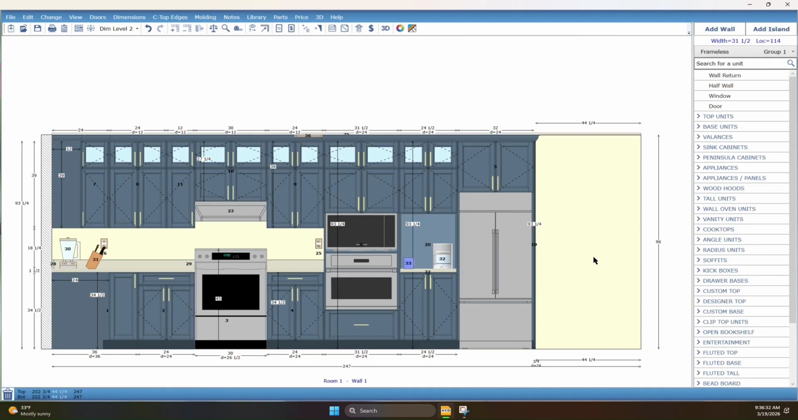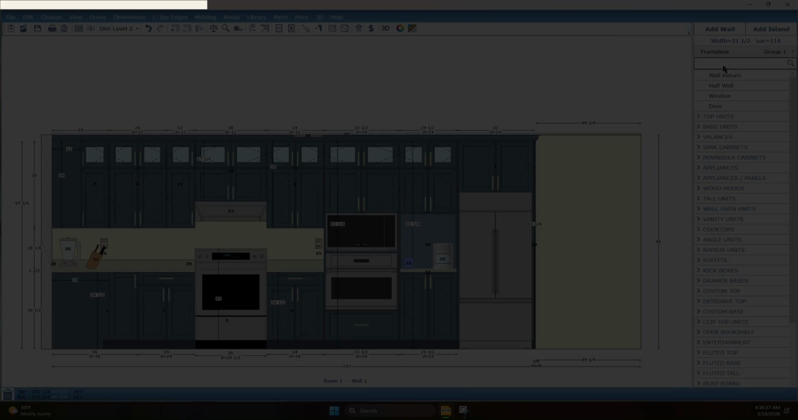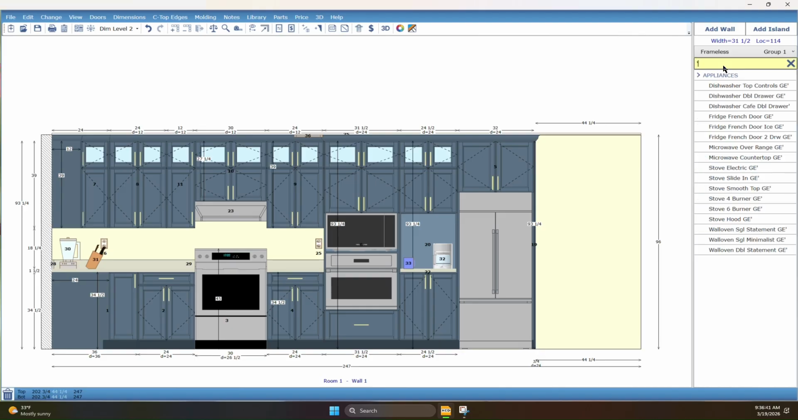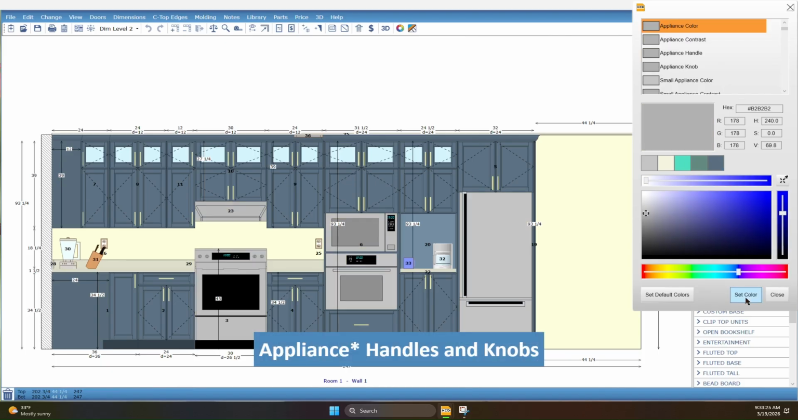Reorganized Accessories Library and New Appliances. We've added a bunch of new accessories and updated appliance options in version 25. The accessories library has been reorganized into clearer categories, making it faster and easier to locate plumbing fixtures, decorative elements, and specialty items. In the unit bar search, typing an apostrophe reveals newly added accessories. Appliance finishes can be refreshed quickly by reapplying the selected appliance color, ensuring handles, knobs, and surfaces update consistently throughout